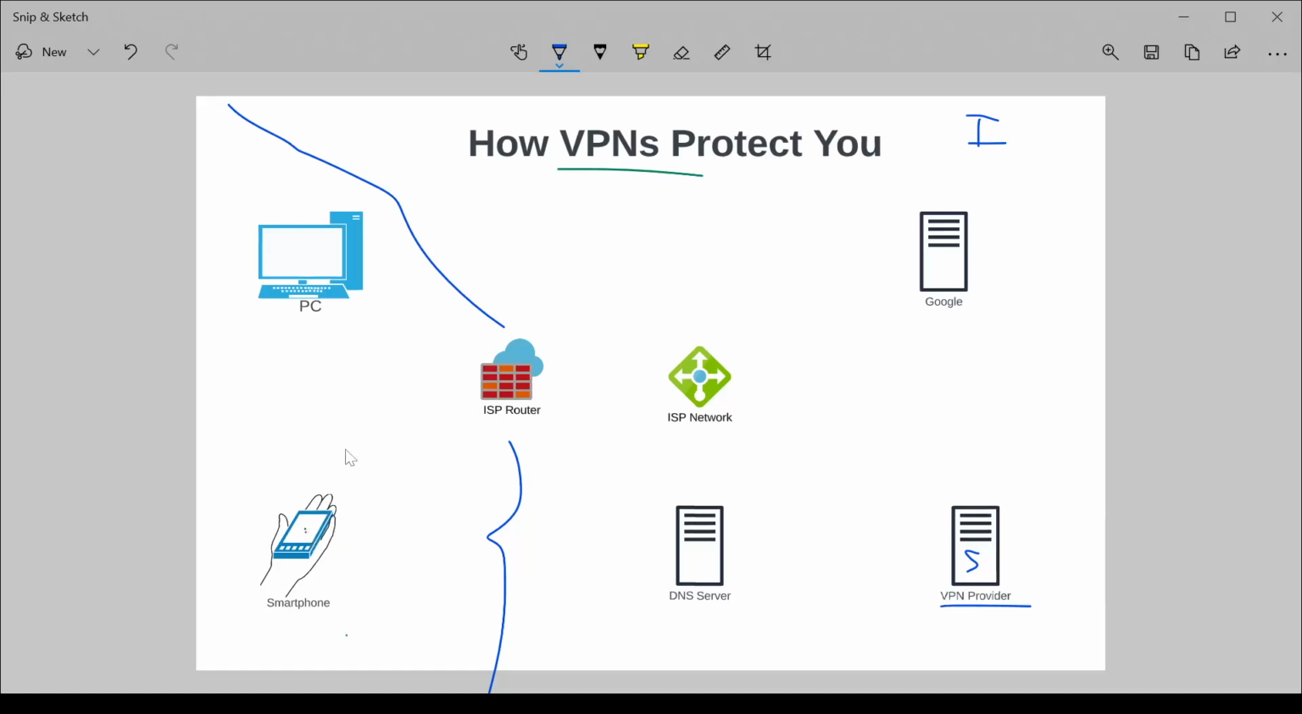The traffic from your device, say you have an app for the VPN provider on your phone or on your PC, okay, this is VPN, gets sent, instead of going to either the DNS server or to Google directly, it gets sent through your ISP, through the ISP's network, to the VPN provider first. And what's more is that this connection is all encrypted with very, very heavy encryption,